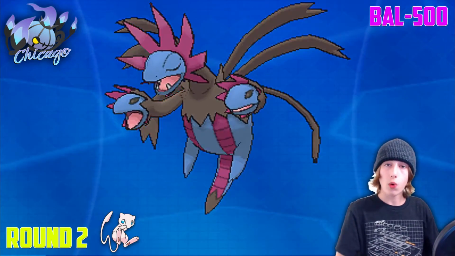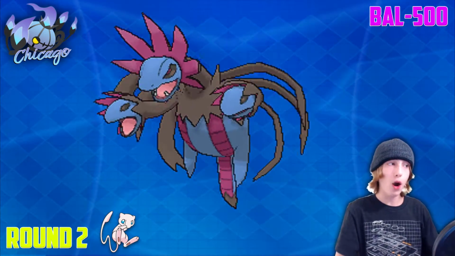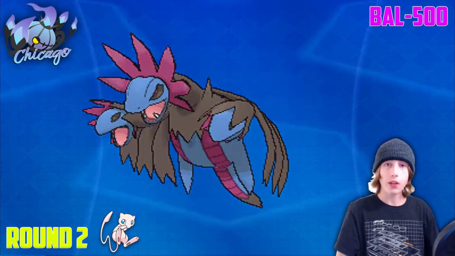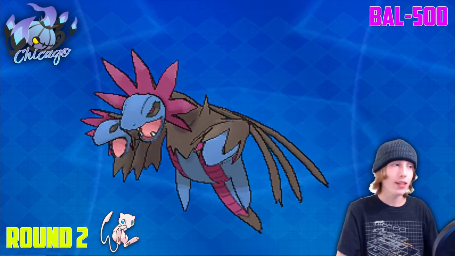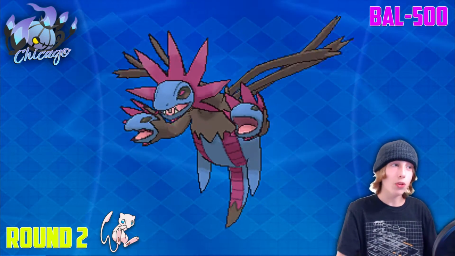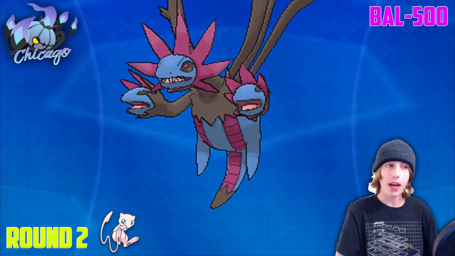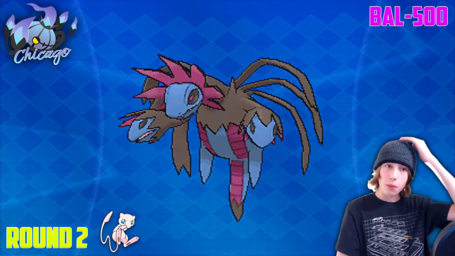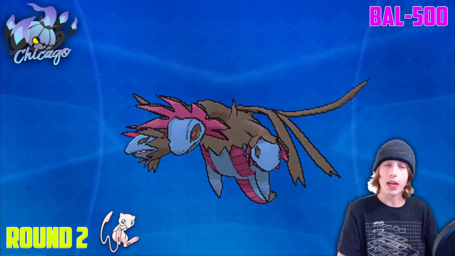The reason why I went with Hydreigon is because of the fact that it's a very, very powerful offensive sweeper. You can run it Scarfed, you can run it Specs. It learns a lot of coverage moves as well, which is great. I was considering picking up Mamoswine or Sylveon or Hippowdon. I mean, there's a lot of great options in tier 2, but ultimately I figured that the levitating Hydreigon would